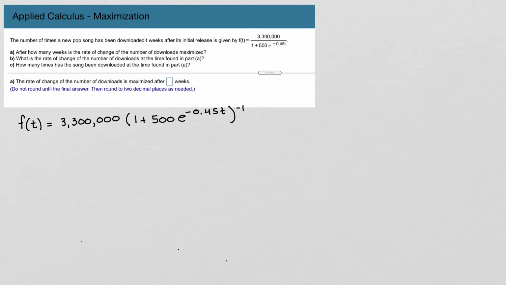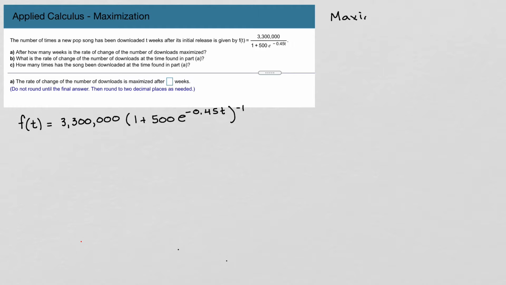In this problem, we're given a formula for the number of times a new pop song has been downloaded, T weeks after its initial release. And in part A, it asks us to find after how many weeks is the rate of change of the number of downloads maximized. So I want to